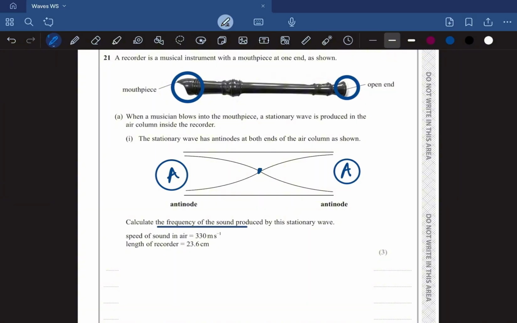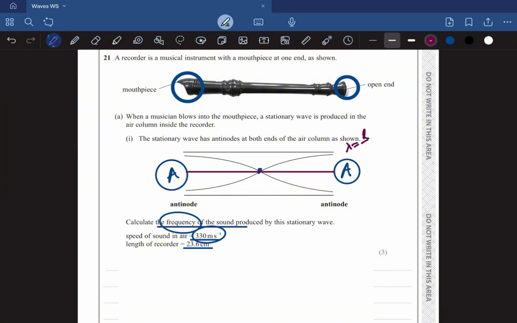So to find the frequency, they have given us the speed of sound in air, and the length of the recorder. We know v is equal to f lambda. We got our velocity. We'll have to figure out our frequency, and to figure out the frequency, we have to figure out the length. And we know the distance from one antinode to another antinode is